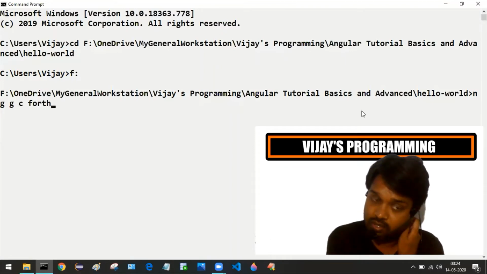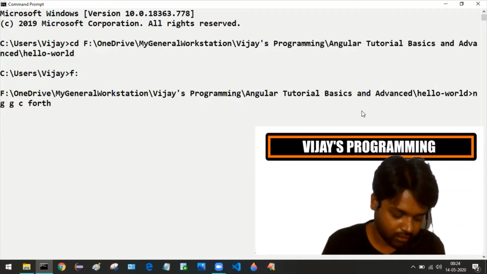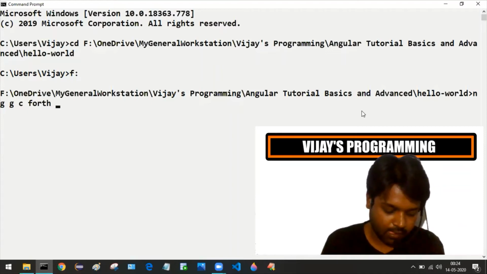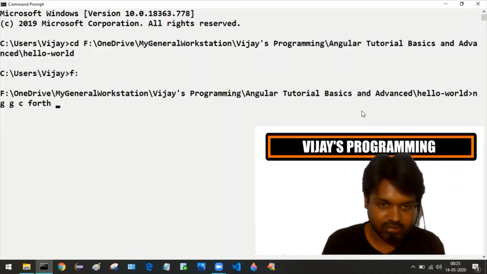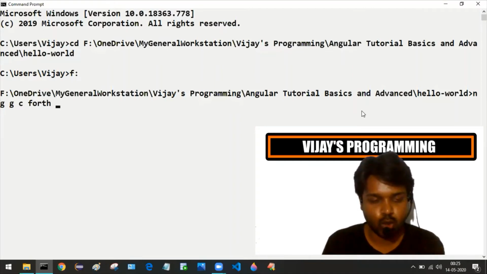This is the name of the component. And now we are going to use the options to not generate a test file, to not generate a template file, and to not generate a .css file.